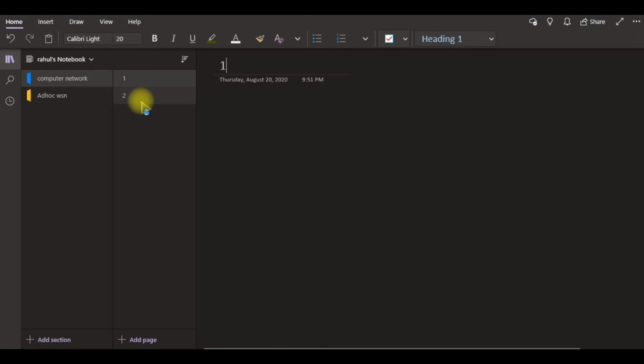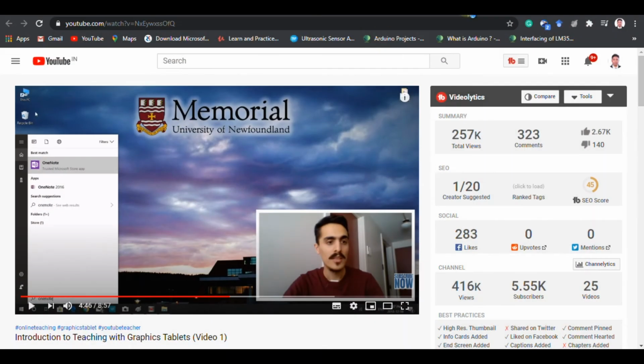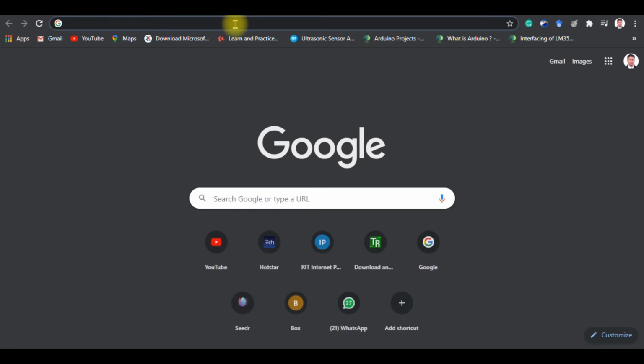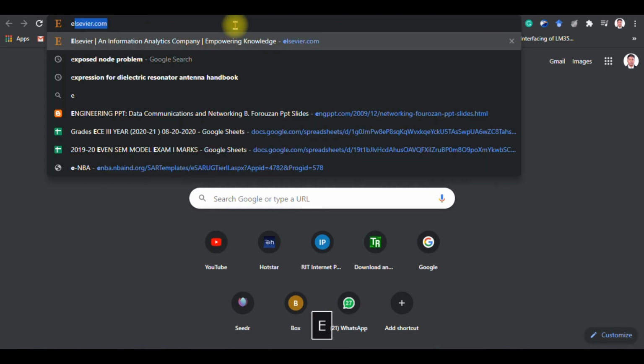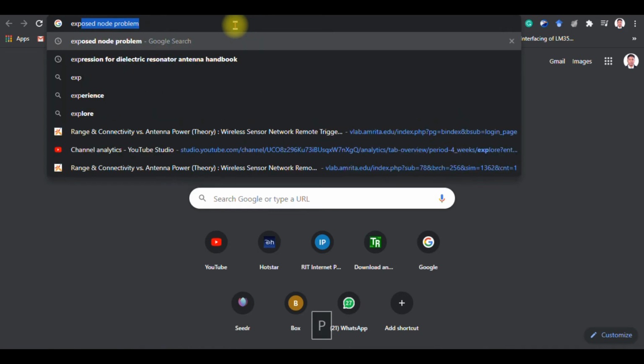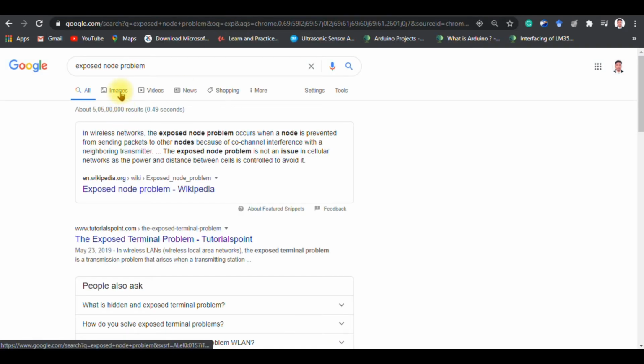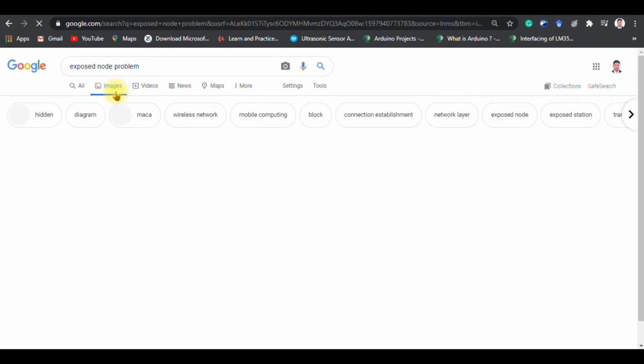Now after that, just like that, you can use the highlight option. Suppose I am going to take some content from the internet, so I'm taking a topic called exposed node problem. You will be getting some images.